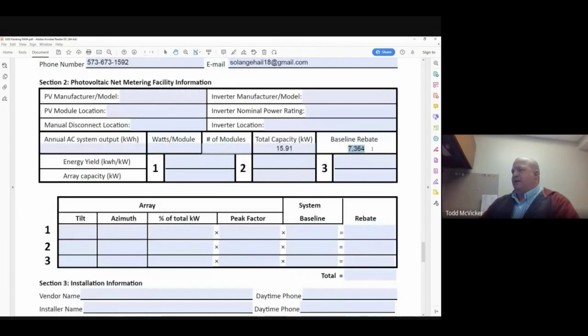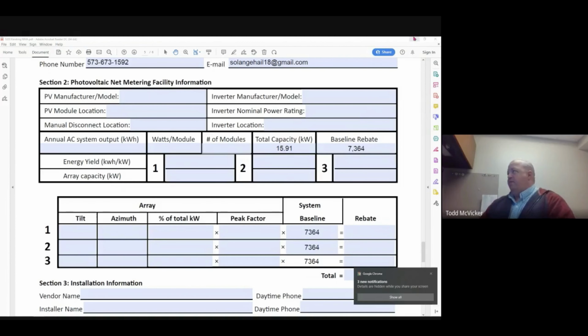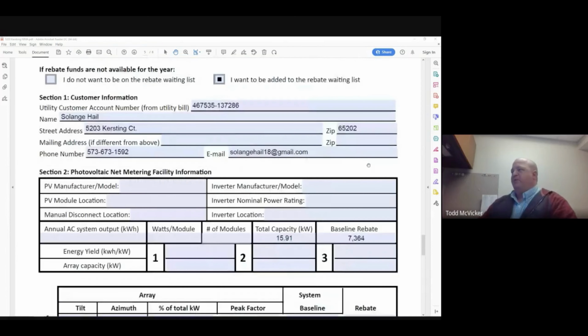So that's the baseline rebate here. We'll calculate the peak factor, and that peak factor comes from doing the System Advisor Model and doing the Solar Pathfinder to get the shade analysis. So we're going to go ahead and pop open the... first off, let me cover the rest of this